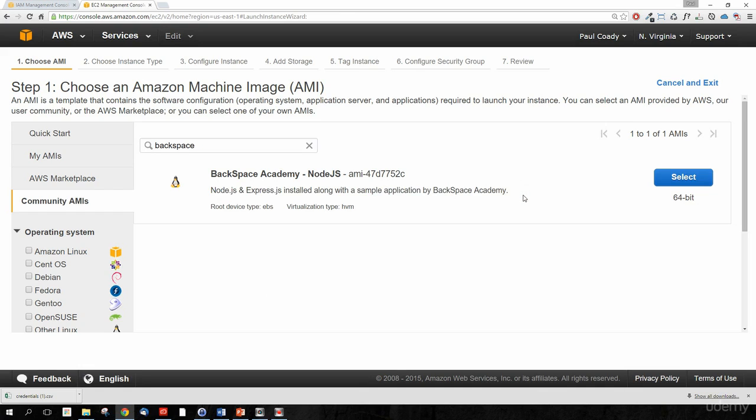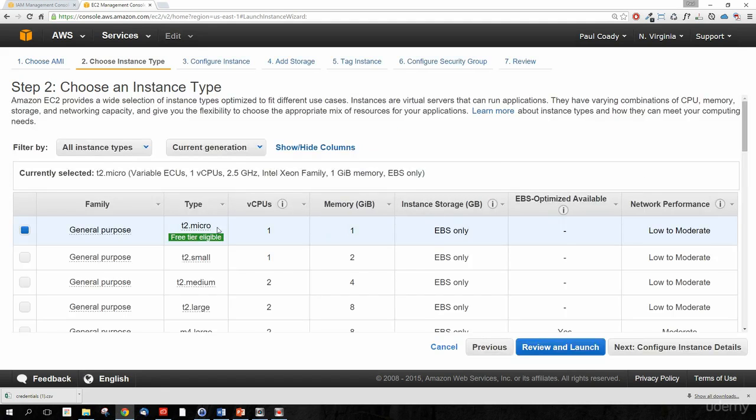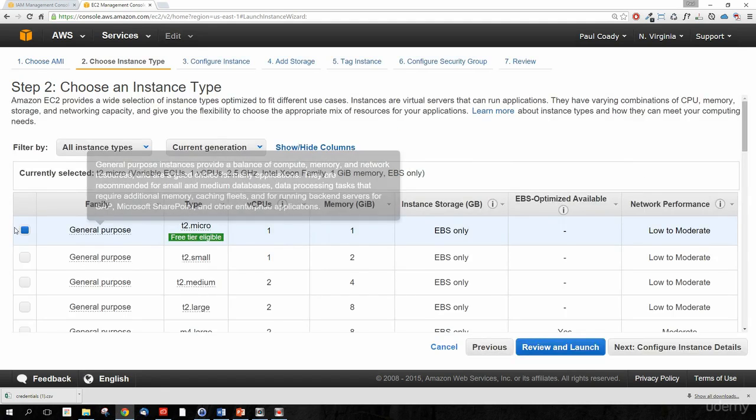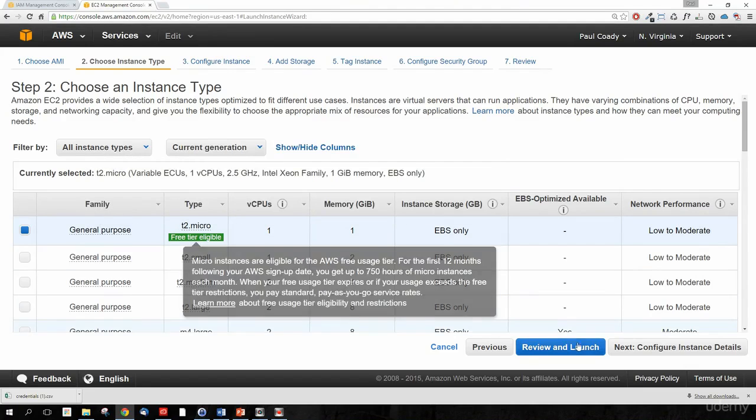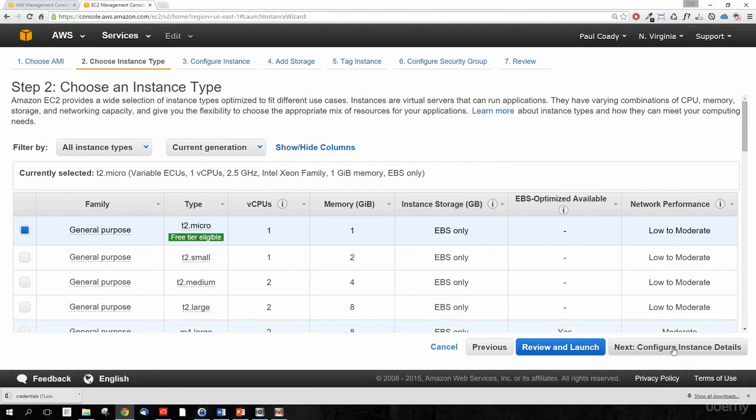It'll have the AWS command line interface on there. It'll have the AWS Node.js software development kit, and it will also have a few things already set up in Linux as well to run Node. So we select that, and we'll select the cheapest of all these options here, so the T2 Micro, and then we click on Next,